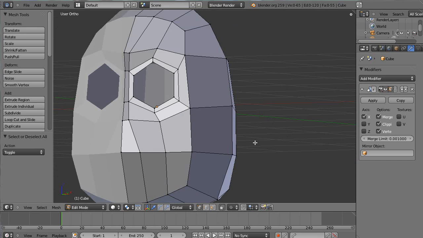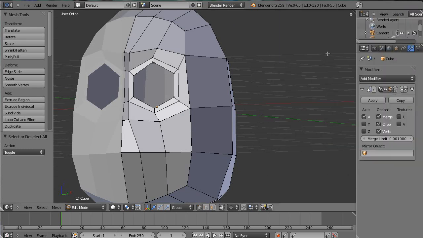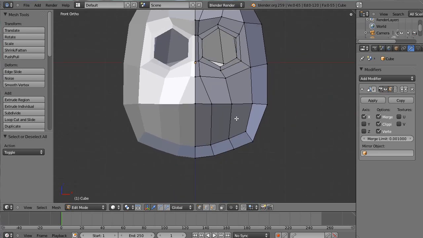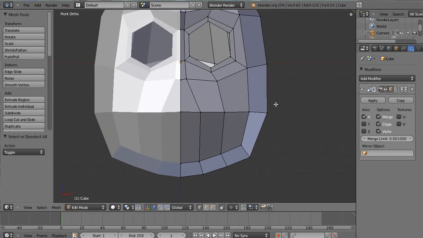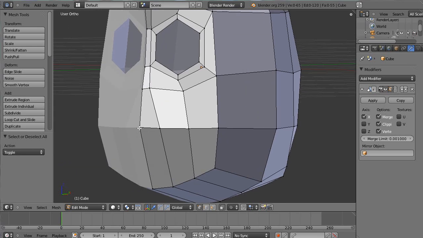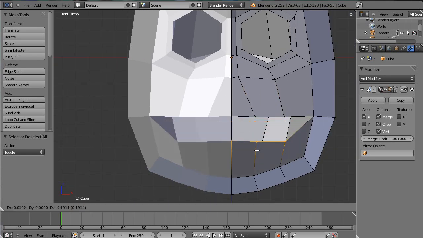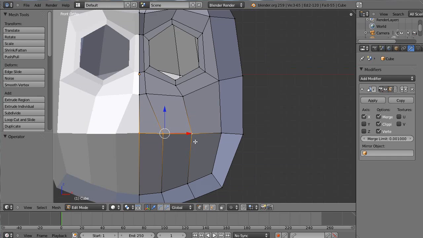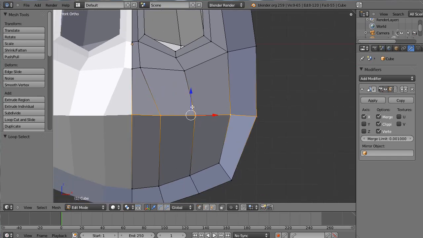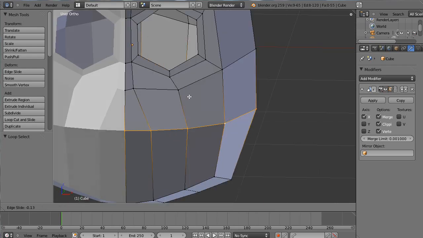So we'll add in a mouth next, the mouth area. And as you can see, he's got quite a big mouth stretching across the entire head. So we'll probably want this edge here to be the corner of the mouth. That's one of two ways. We could separate these edges and then hit V, bring that out, but that's probably not the best solution. What we'll do is I'll select this edge loop, and as you can see I've got it all selected around there, and do Control E and edge slide up,